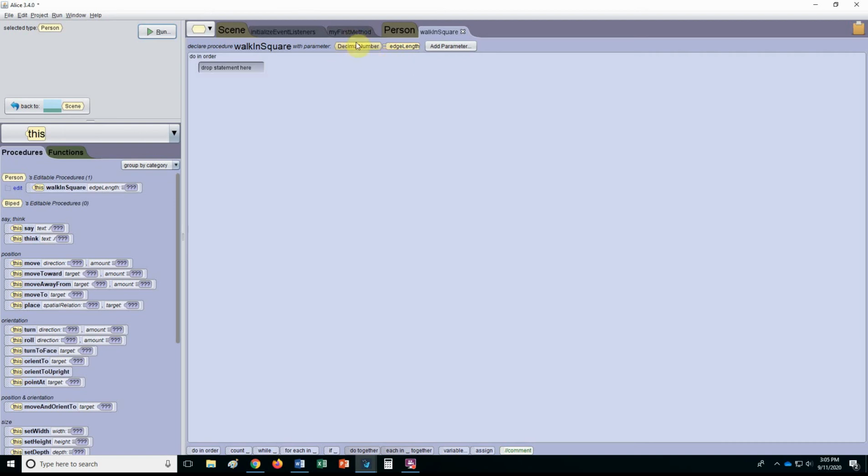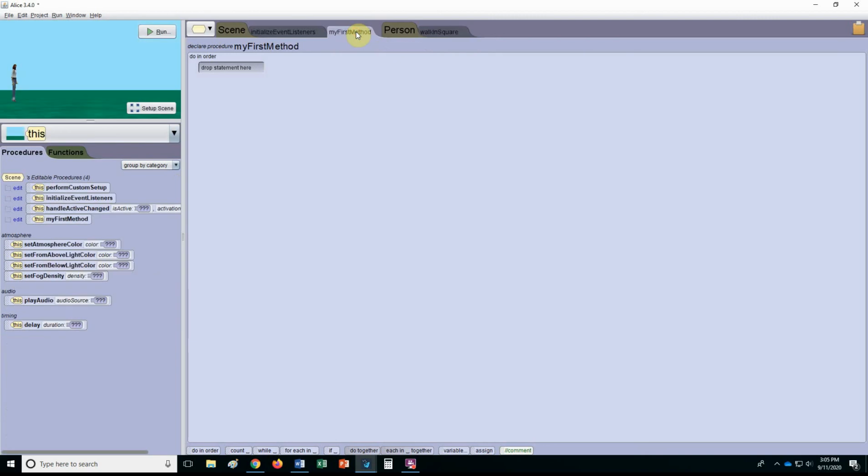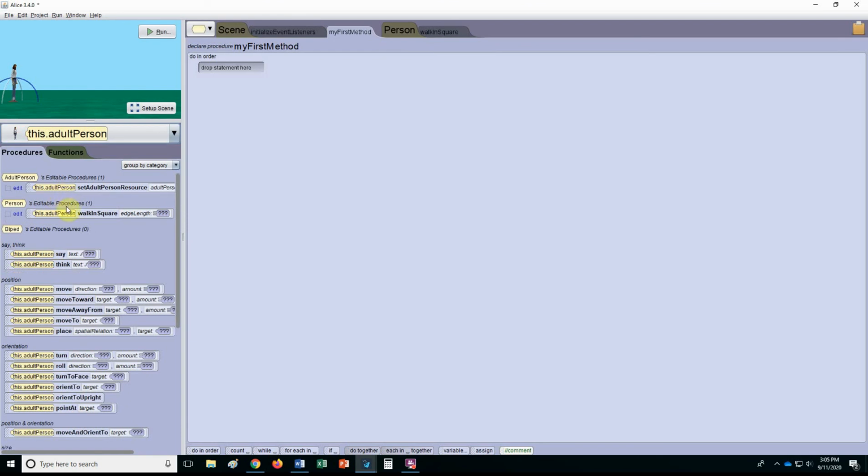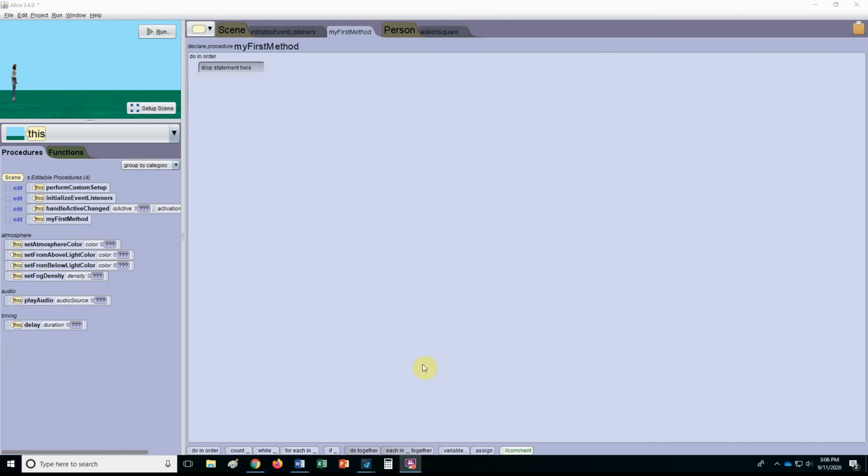So if we look at my first method, we can find this edge length variable in here. Now, what we need to do is find out how far this person needs to go. So I'm going to get another variable,